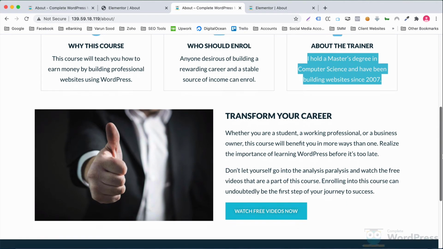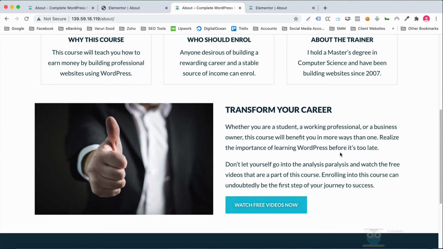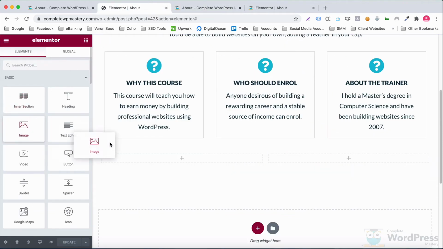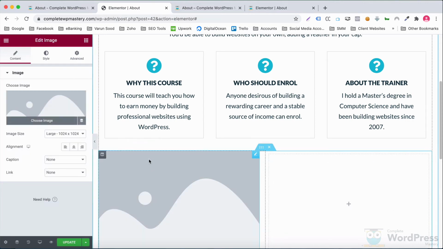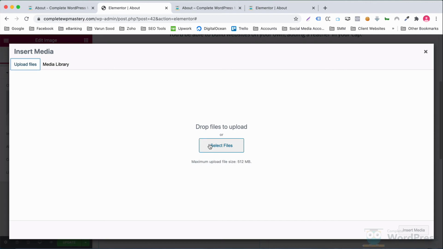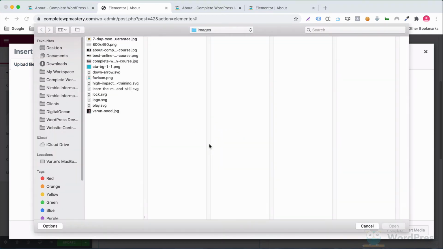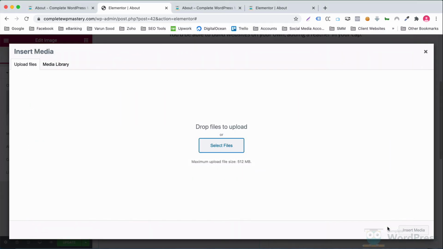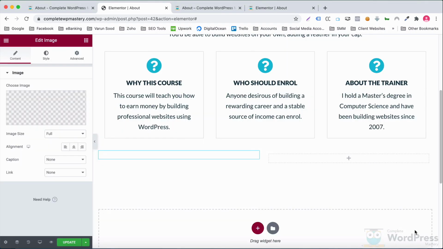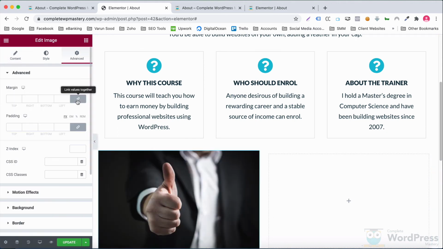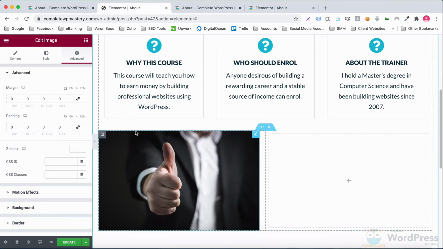We need to add an image in the first column of the third inner section. I'll set its image size to full and upload an image from my desktop. Let's center align the image and set its margin and padding to 0.